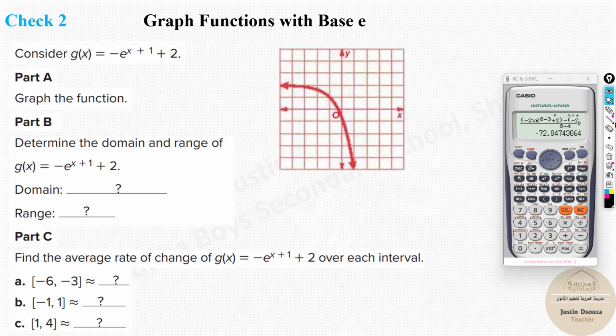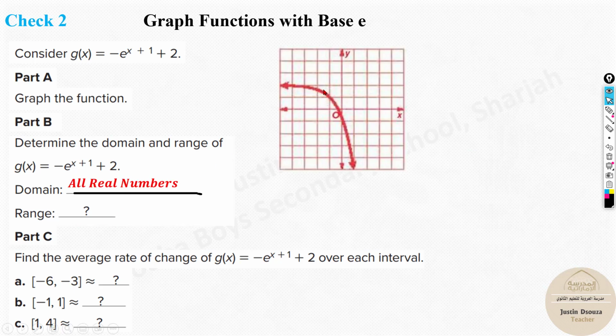Now here it's down like this. Why? Because you can see plus 2 means the asymptote is up. Now over here you can see minus, so it is going downwards, and you can see it's x plus 1. So x will be equal to minus 1. So that's why this part from here is shifted to the left side by 1. And what next? Over here you need to find the domain. Domain is always all real numbers, and range is all values less than 2, g of x, or you can write y is less than 2.